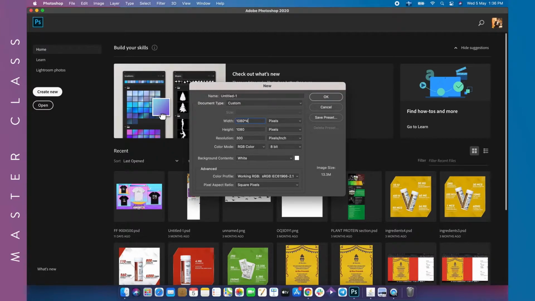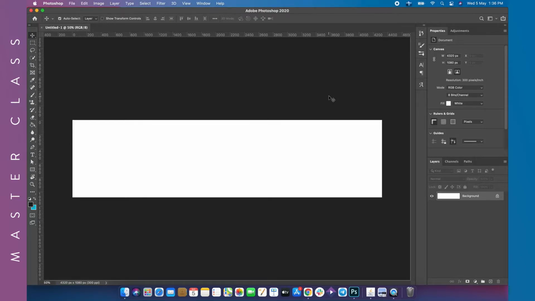There will be no changes over there, but in the width you will be putting 1080 times 4 if you are looking for a 4 card carousel, and when you click over here, see, it automatically calculates and puts the dimension over there. You can put the resolution at 72 or 300 as per your choice. You can keep it at 8-bit. You can keep the color mode at RGB color. Do not keep it in other colors because digitally we use RGB colors for every process, and then you will get to see the image like this. Now if you want to understand how it will look or where the card will exactly end, here are the 2 ways of doing this.